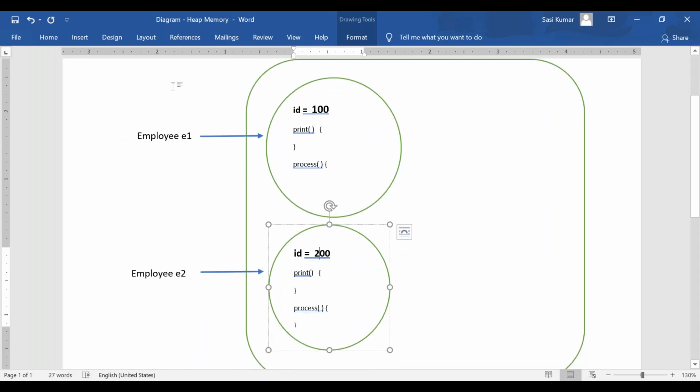Now, if I change using the E1 reference, E1 dot ID, then only the first object will be modified. These are the things we have seen in depth in yesterday's class.